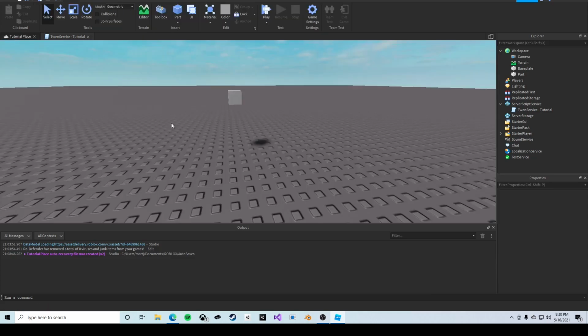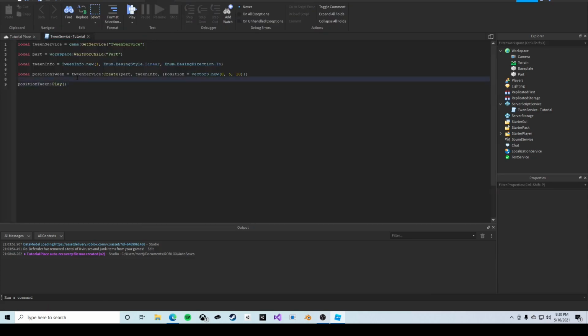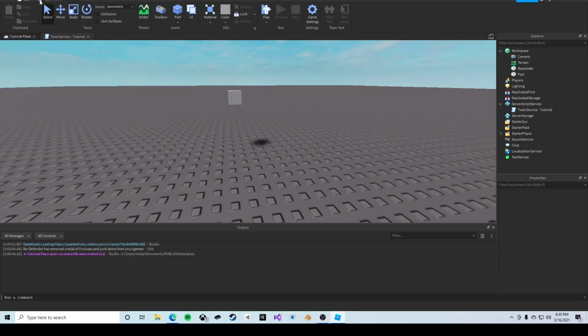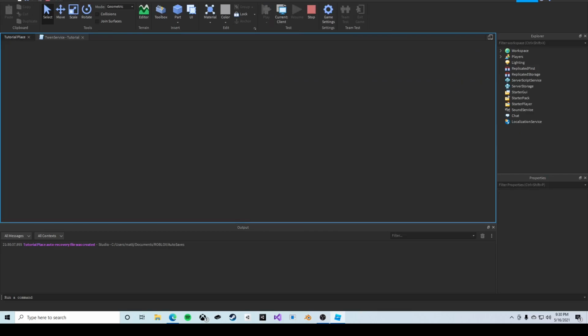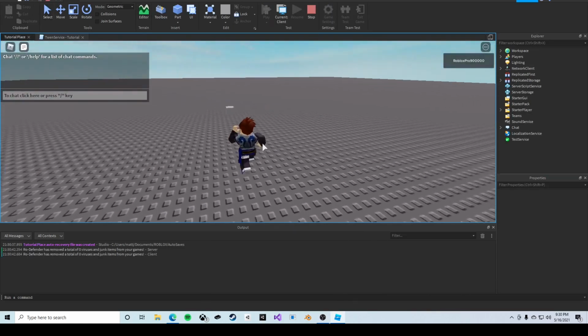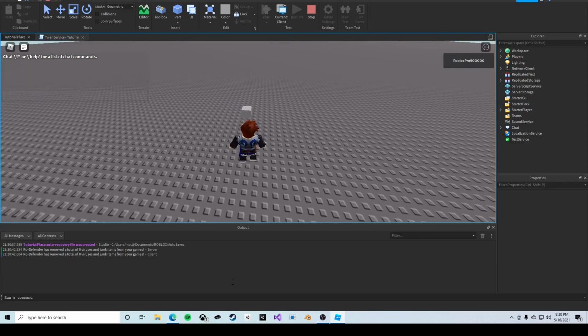and then we'll actually put a wait beforehand. So we'll put wait for 3 seconds, and then we'll play our game. And after waiting 3 seconds,